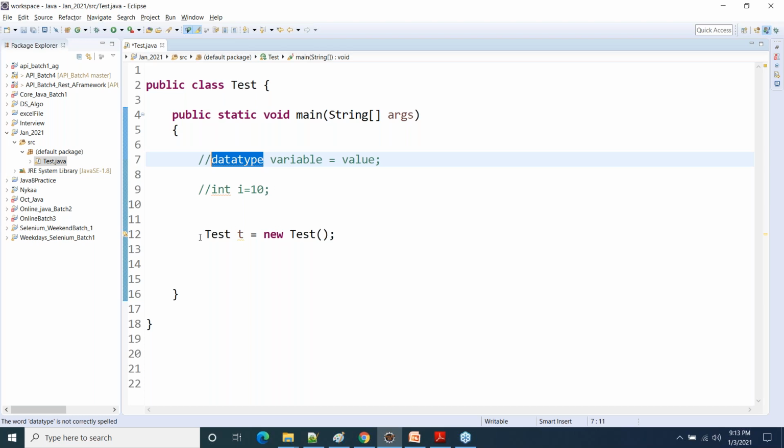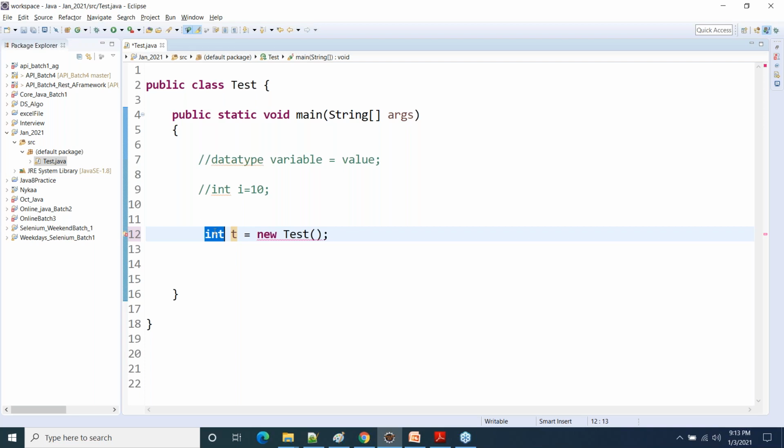And that's why when we are creating an object of the Test class, on the left hand side with the variable t, I am defining Test. Here on the left hand side in line number 12, this Test is behaving like a data type for this variable t. Now, why am I using Test? Why am I not using int or string as the data type for this variable t? Why should it be Test only? Any idea?